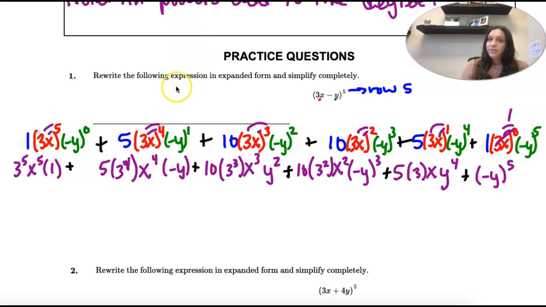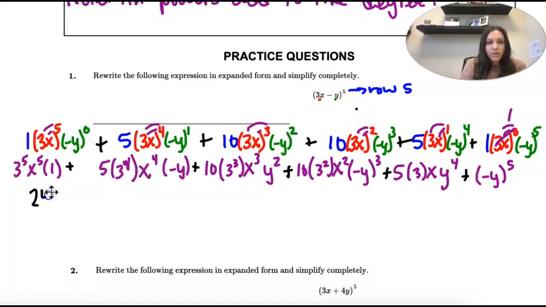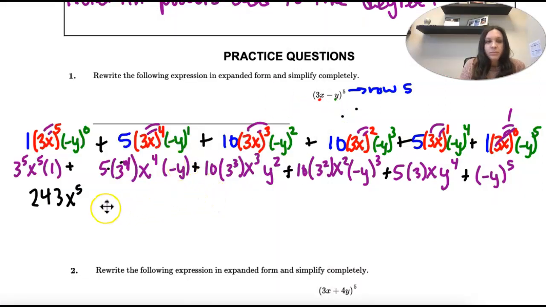Alright, we're still going. That's okay. Remember, it's shorter than the other way. Now we have to calculate. 3 to the 5th is 243. And then x to the 5th. 5 times 3 to the 4th is 405. X to the 4th, negative y, plus